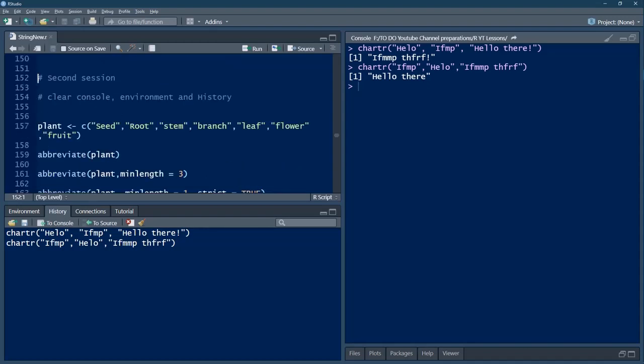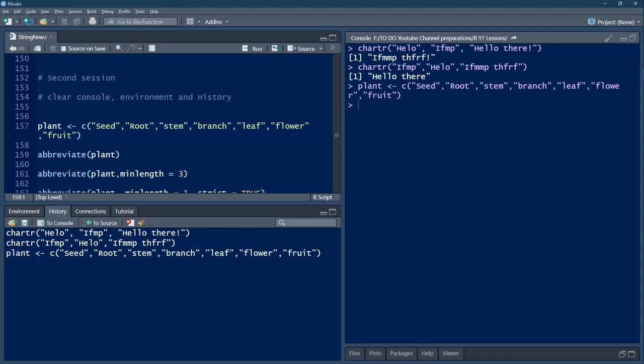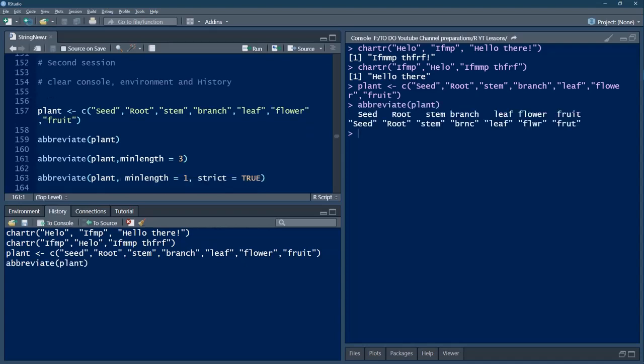We will define a character vector, plant. These values are all ordered botanically, like seed, root, stem, branch, leaf, flower and fruit. Now we will start with the abbreviate function. The abbreviate function abbreviates the existing strings into 4-letter characters.